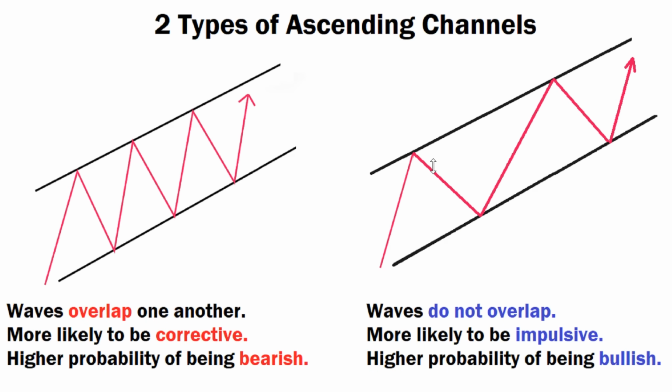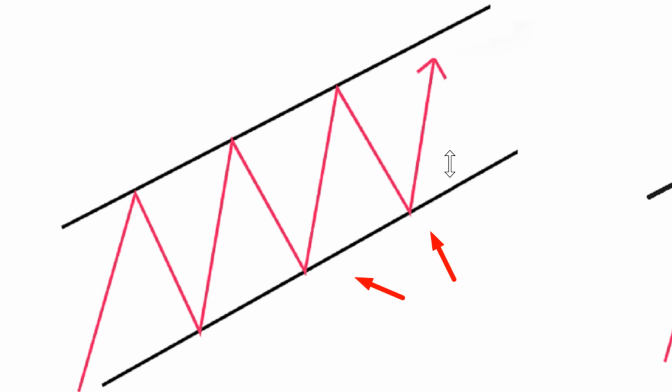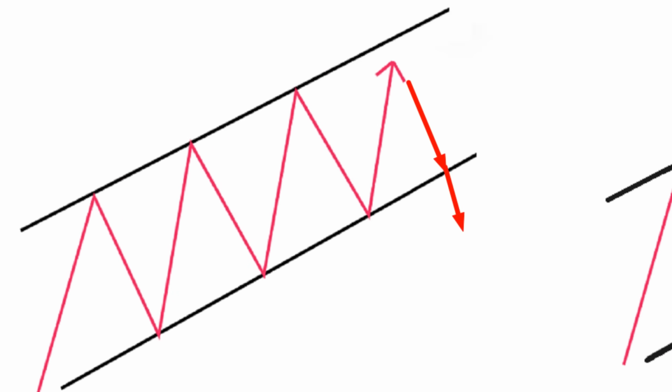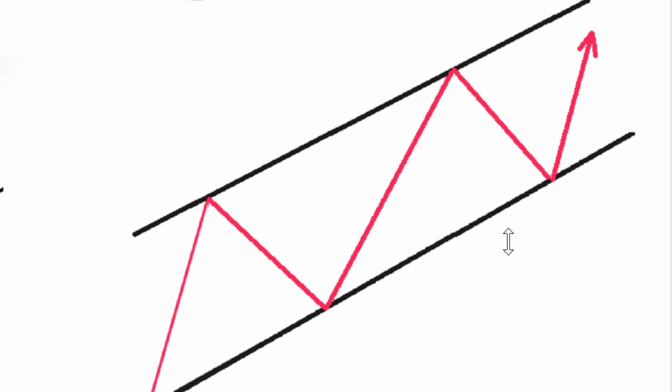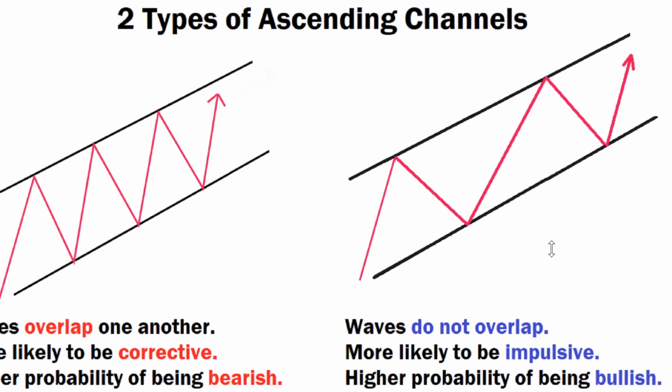One important thing to mention here is that these kinds of patterns, these overlapping patterns, pattern number one, are more likely to break out of the channel. So these patterns over here are much more likely to come down to the bottom part of the channel and then break out of it. Whereas these patterns over here on the right-hand side, because they don't overlap with one another, are much more likely to continue the uptrend. That's the key point to remember.